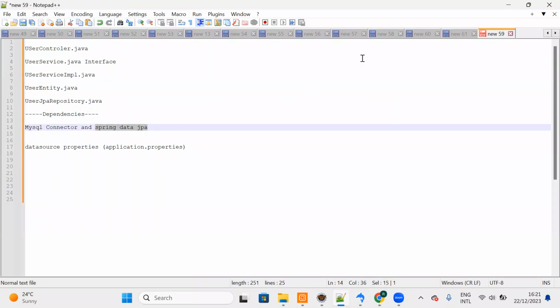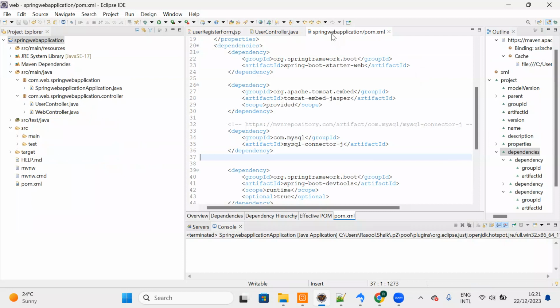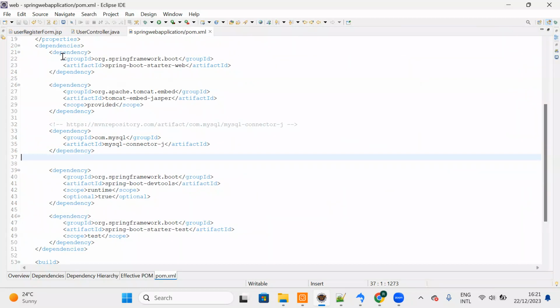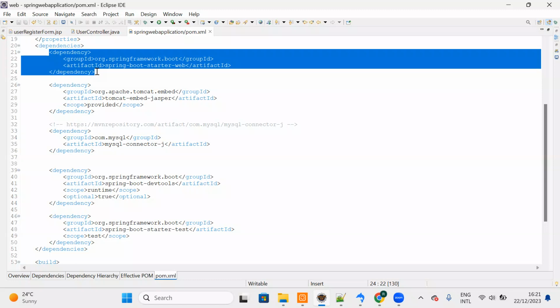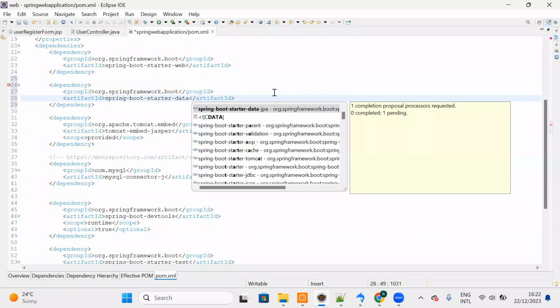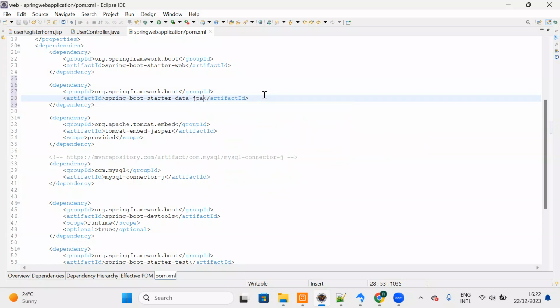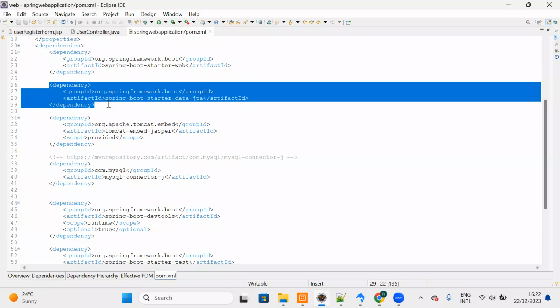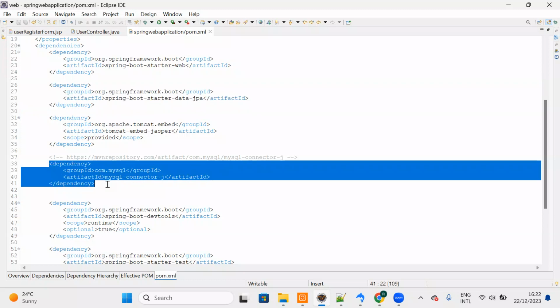Next, Spring Data JPA. Spring Data JPA is a starter dependency, right? There is a web module dependency already present. Just copy, paste, and add data instead of web. Type data, and you can see the suggestion spring-boot-starter-data-jpa. That's it. So we have added data JPA to connect with JPA and we have added MySQL connector to connect with MySQL